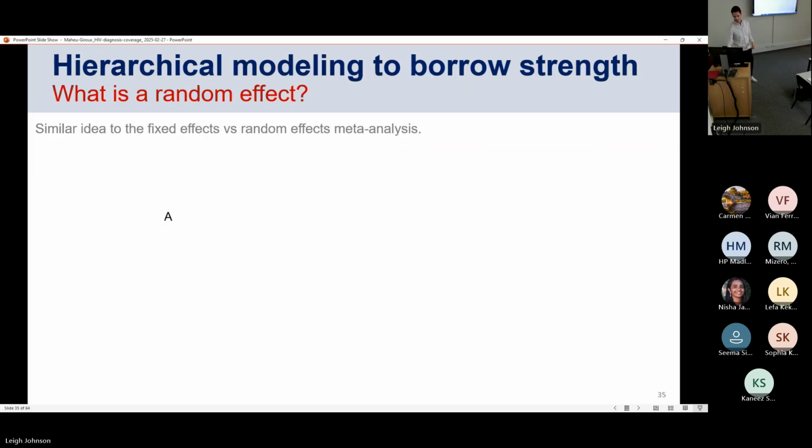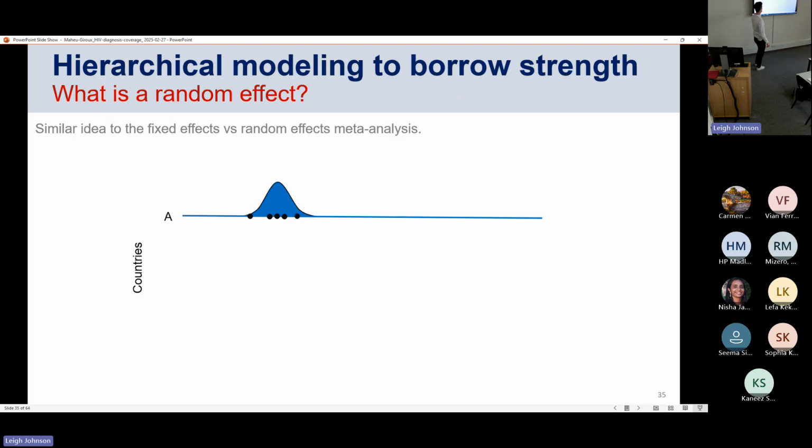So why a hierarchical model? It's to borrow strength. What we use are random effects, and it's a really similar idea to fixed effect versus random effect meta-analysis, if you're more familiar with that. Just to explain very quickly, we have country A that has 5 data points, so quite a good estimation. There's not a lot of uncertainty in that parameter. We have another country with very few data points, a lot of uncertainty, and then a country C,